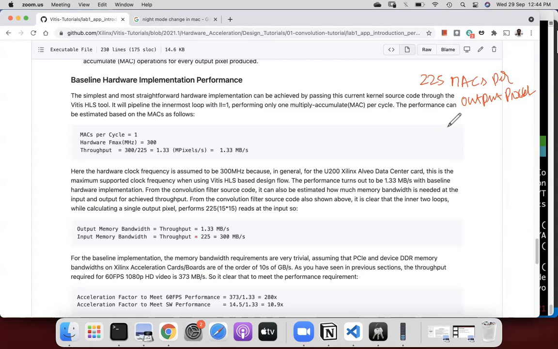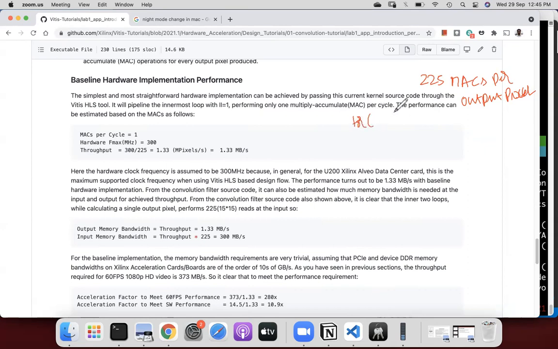So if you take the software code that we have seen, give it to the FPGA, and synthesize the design, and you do only one MAC operation per cycle, because that is what is happening, right?